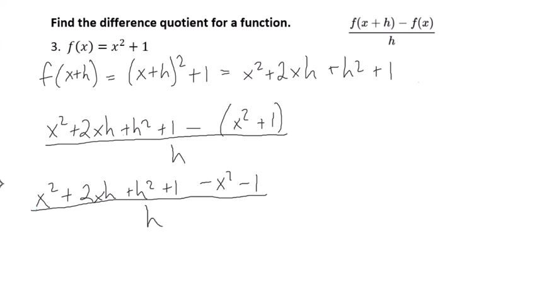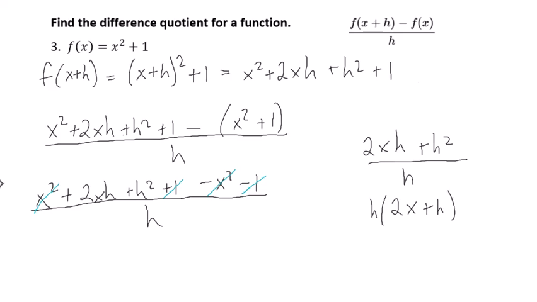And x squared minus x squared is gone, 1 minus 1 is gone, and now we just have 2xh plus h squared over h. Well, as you notice, there's a bunch of h's here, so I'm going to factor out an h from the top. Pull that h from each term out. Now those h's will cancel, and you're left with